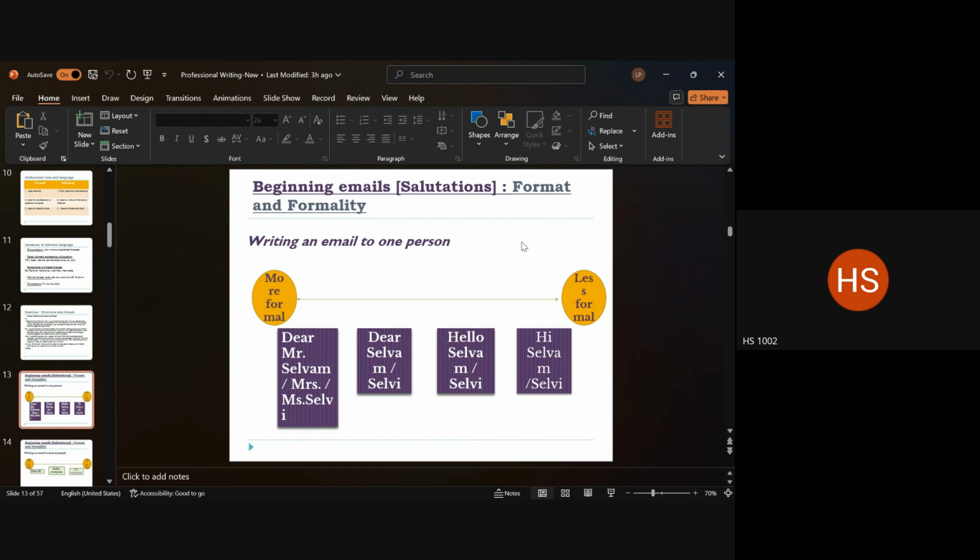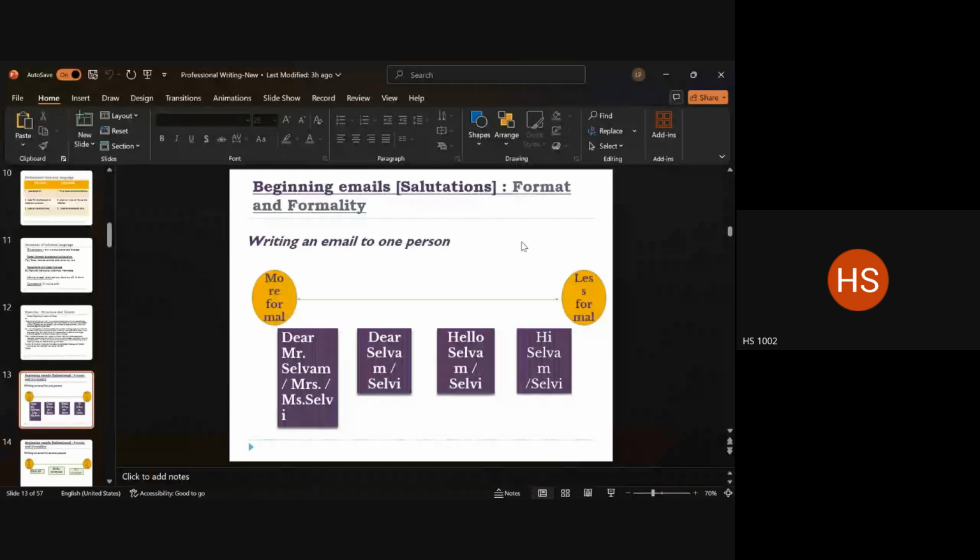So familiarity matters here again. You're writing to an unfamiliar person, you always choose the formal way. You're writing to someone who's familiar but is higher in the hierarchy, again, you use the same formal way. You're writing to someone who's familiar but is lower in the hierarchy, you can simply keep it at Dear and the first name of the person. You can exclude the title and the last name and everything. So these are some conventions that we use in the salutation of an email.